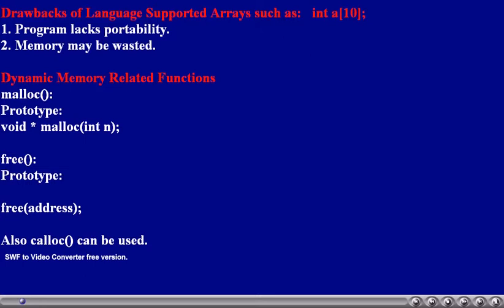Like that, based upon our requirements, those 100 bytes can be seen as an integer array, character array, float array, double array, or any type of array of our interest. If we want to do so, we have to convert the generic address to the required address by explicit typecasting.